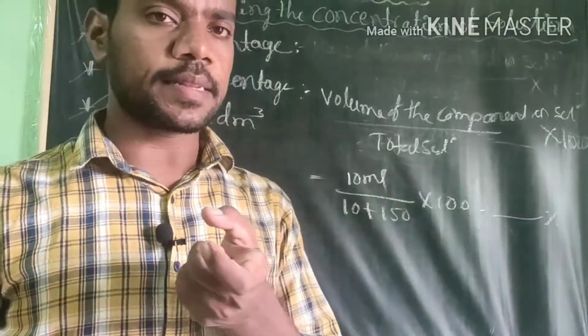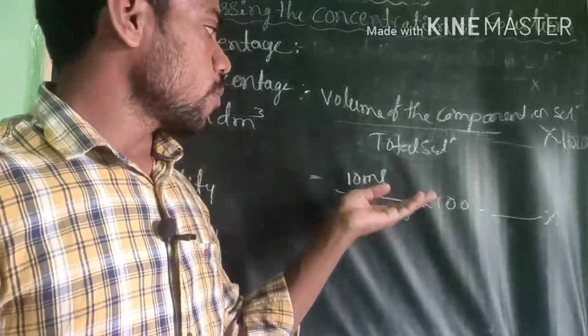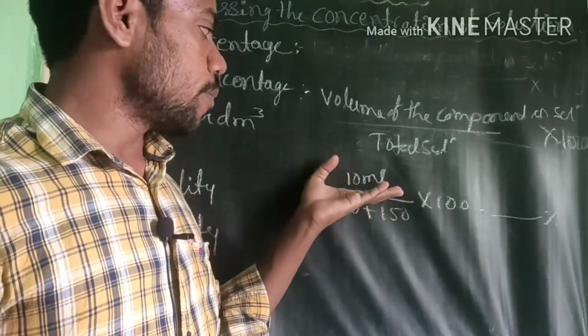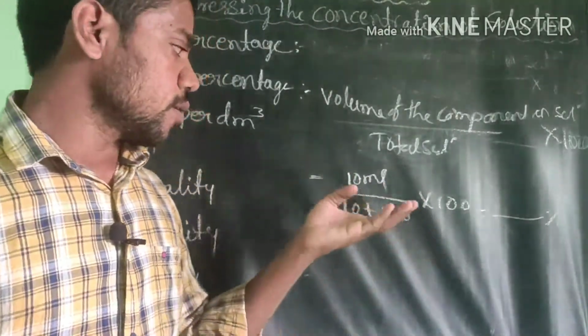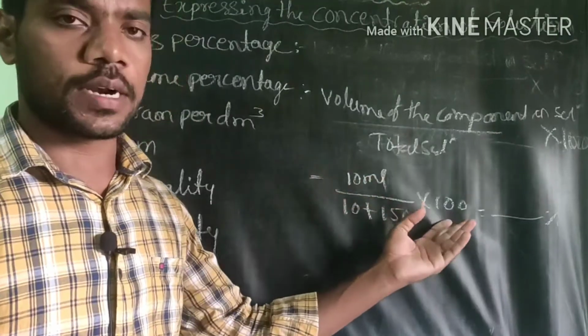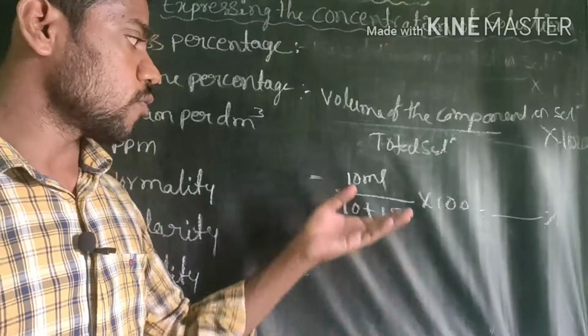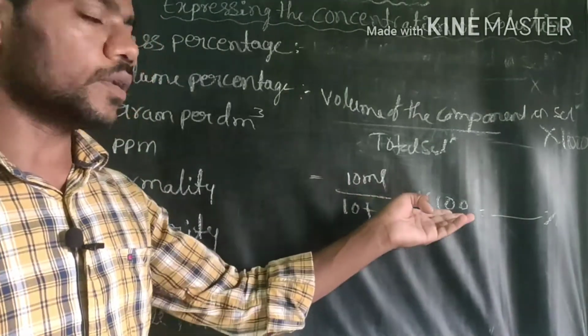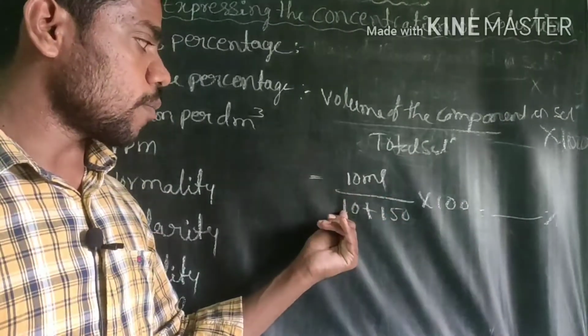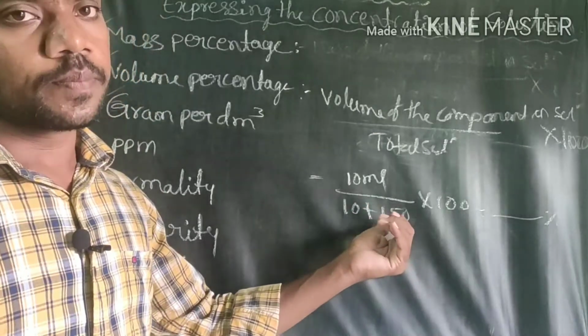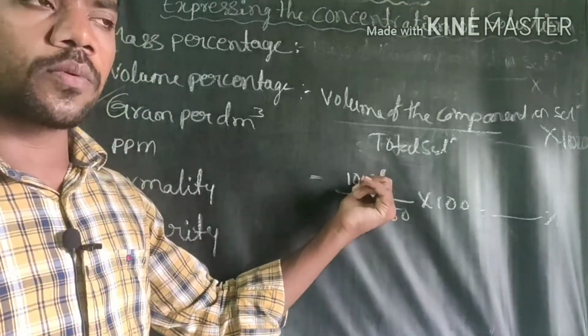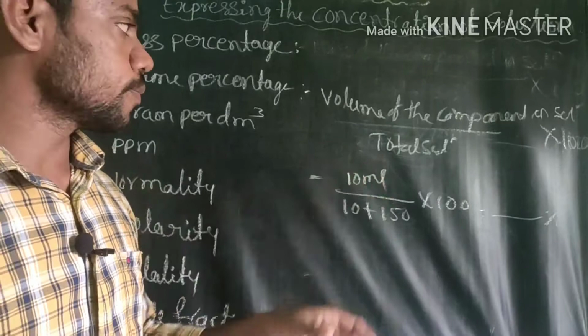That we are taking percentage in any of the calculation: obtained mass divided by total mass. For example, our marks only: obtained mass divided by total mass into 100, right? Like that, it is the same for mass percentage as well as volume percentage: how much volume in that total volume into 100. Total volume is the sum of solute plus solvent. But this mass above is only the mass of solute. Okay.